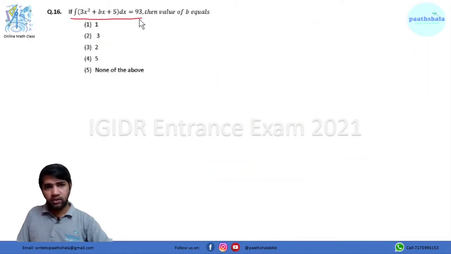So here in this case we have to solve this integral, but this question is incorrect. Here this is a definite value, so this integral has to be a definite one. After lots of hit and trial, I found that this limit has to be 1 to 4, otherwise we cannot solve this question and we won't get the value of b. Okay, so considering the limit 1 to 4, 3x square plus bx plus 5 dx equals